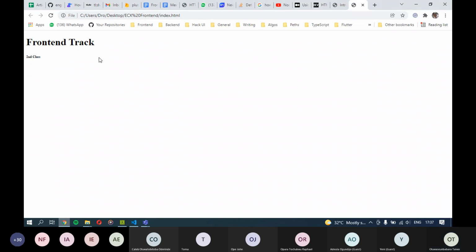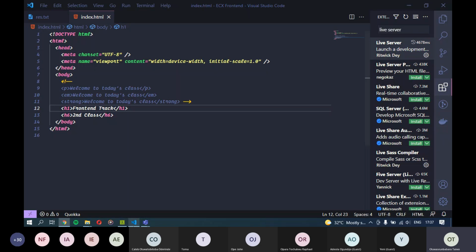Now, your browser assigns styling to any tag by default, even without you applying anything. That's why, as you can see, the H1 has a higher size, it's a bigger tag, because as I said before, the H1 is supposed to be more important. So yeah, that's also about it for headers.